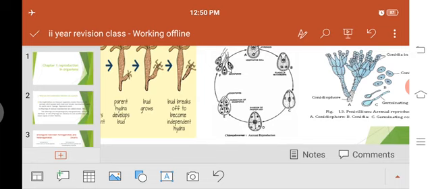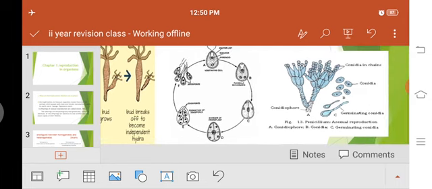Then these 4 equal parts of the divided protoplast get converted into zoospores, and when these zoospores are fully matured, they cut open the vegetative Chlamydomonas cell and a large number of zoospores are released. When the zoospores fall onto a suitable substratum and environmental conditions are favorable, a new entire Chlamydomonas cell is produced from these zoospores. Understood? Like this, Chlamydomonas reproduces asexually by producing zoospores.